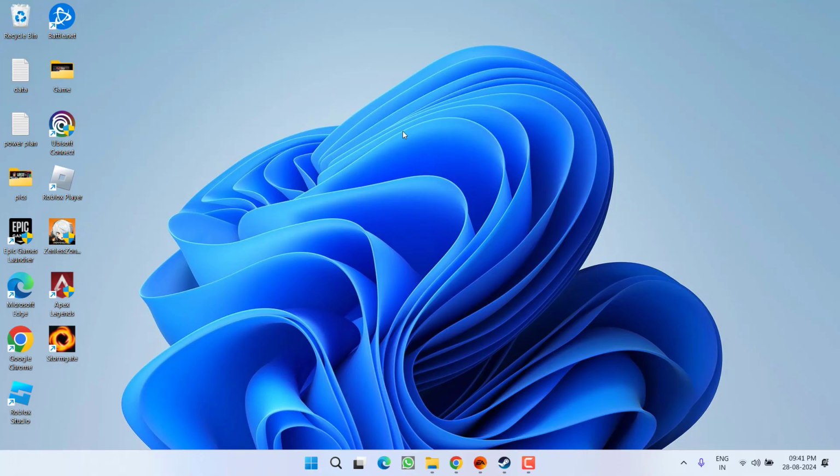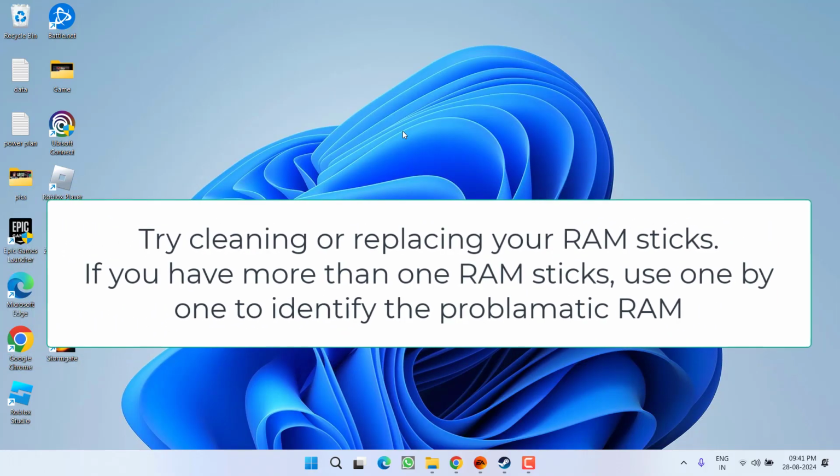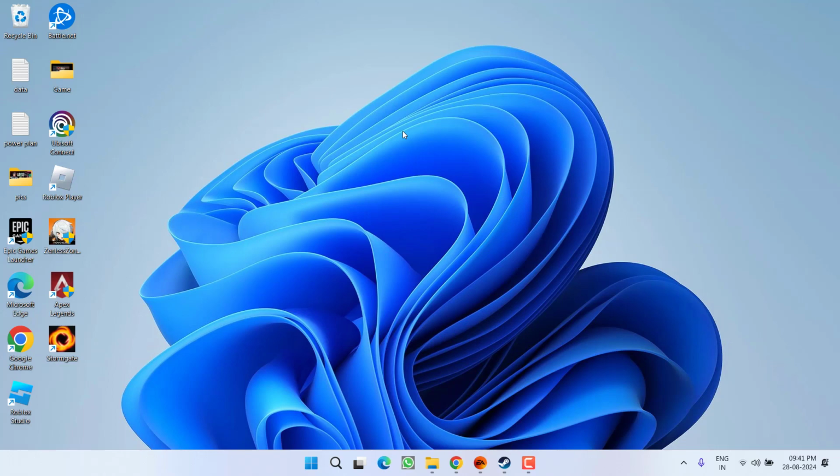However, if all these methods fail to work out, there may be a problem with your RAM sticks. If you have installed more than one RAM stick, go ahead and try to unplug each RAM stick one by one and then install only a single RAM stick and try to launch the game. This is the major cause of the unknown file error. So make sure to either use one of the RAM sticks or do a quality test of your RAM using software with the name MemTest.